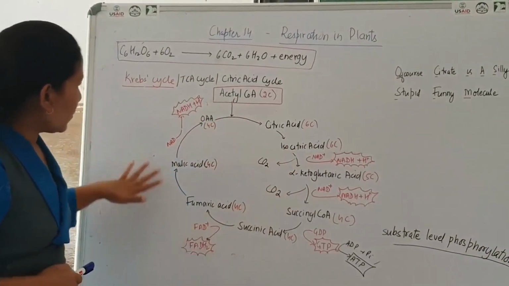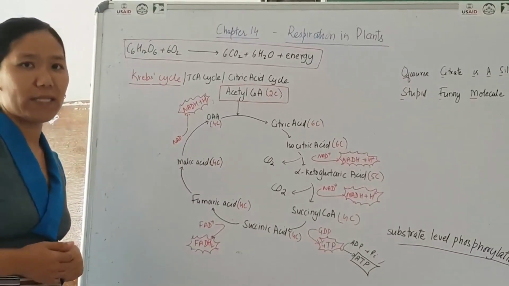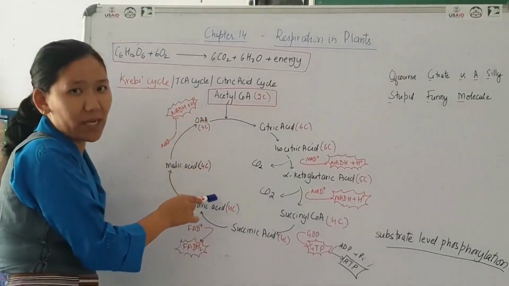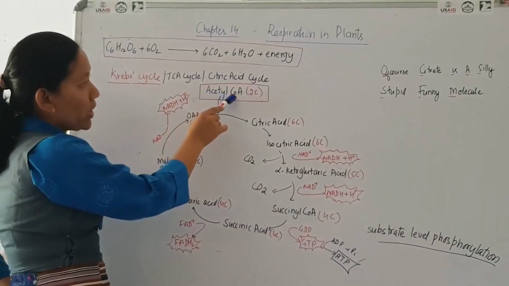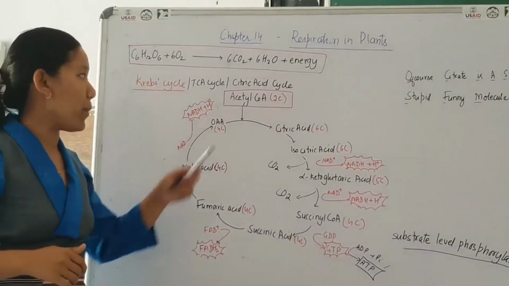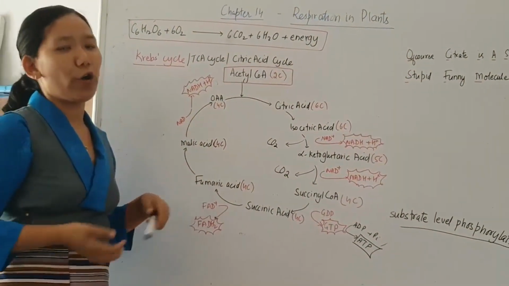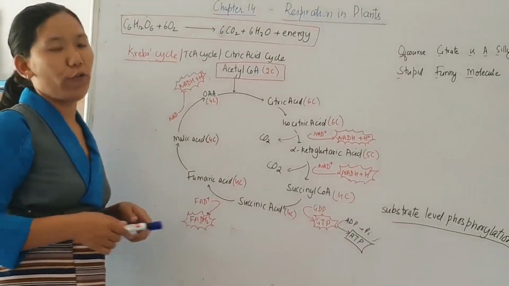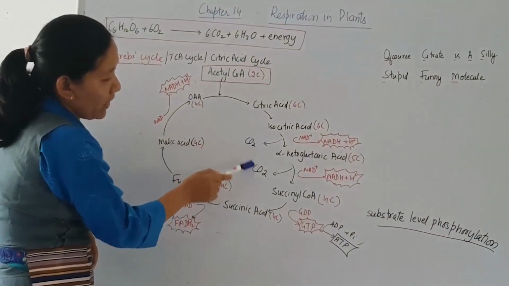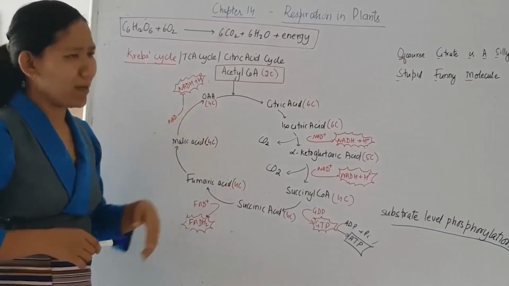Now, as we discussed, you have to make note of the release of carbon dioxide. You see that acetyl-CoA enters into the Krebs cycle, and acetyl-CoA is a 2-carbon compound, and in this Krebs cycle, this 2-carbon compound acetyl-CoA leads to the breakdown into 2 molecules of carbon dioxide. So, the release of carbon dioxide, one here and another one you can find here. And that is the complete breakdown.